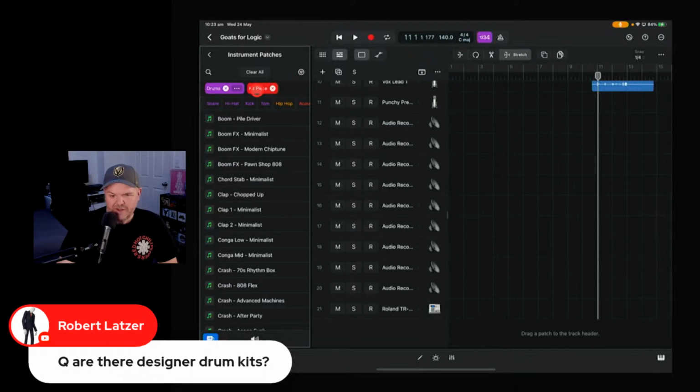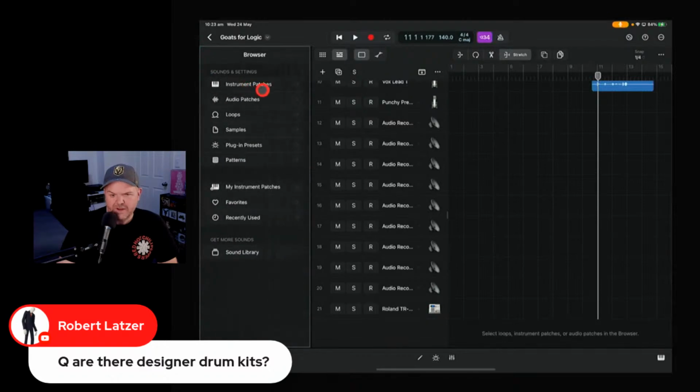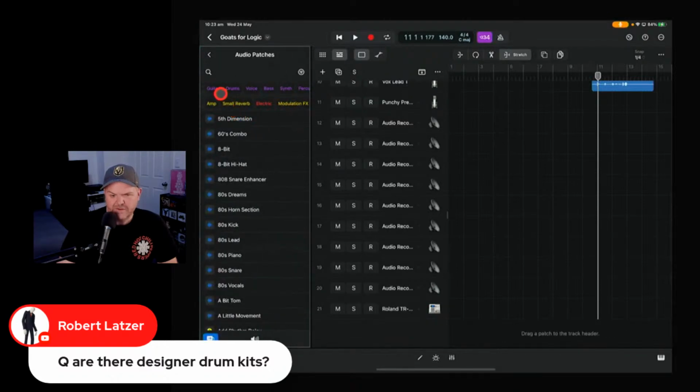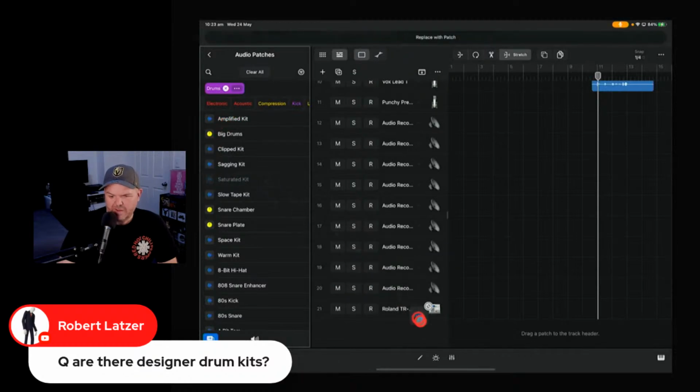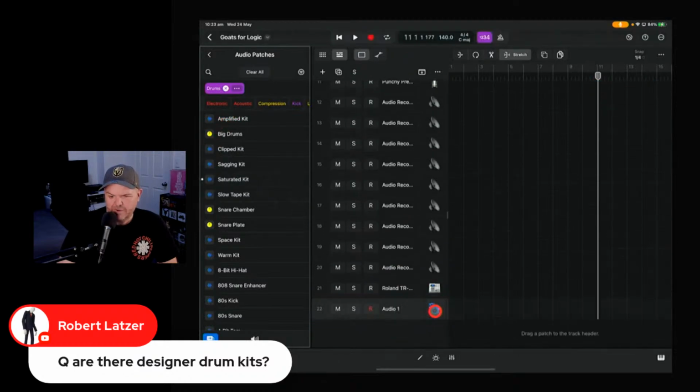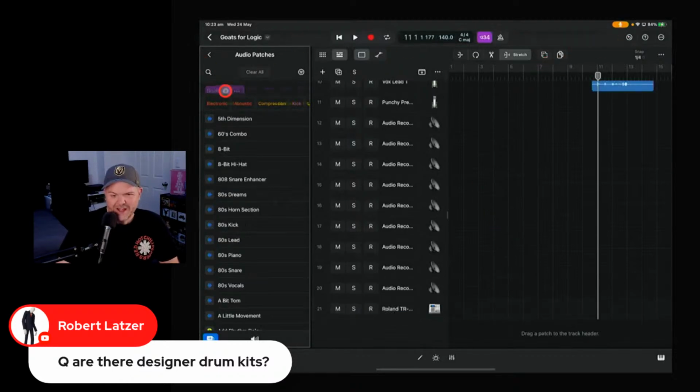But basically, what you do is you get your first kit piece, you throw it on there like that, and it will. Oh, is it because I'm in instrument patches, not audio patches? Hang on, drums. Maybe it's this. Maybe because, yeah, I think that's it. Because I'm using MIDI files, not audio files. No, okay, I can't remember. But yeah, you can definitely do it. Trust me, I'm a YouTuber. Trust me.